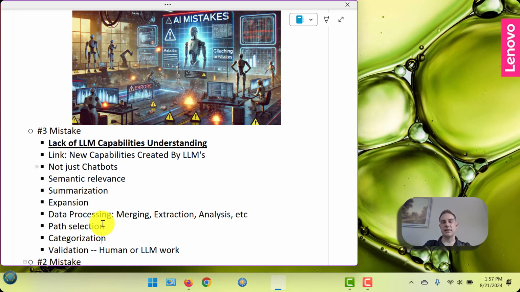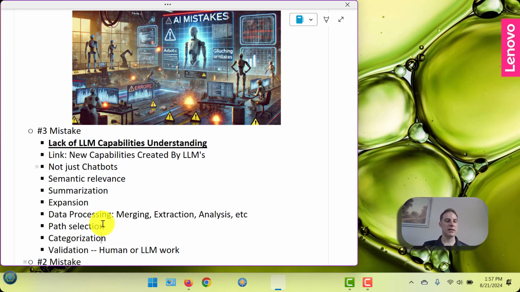There's several other things that LLMs can do, and this is not an exhaustive list. Again, watch the video to get a little bit more details about each individual one. Semantic relevance. You can summarize text, which sounds more trivial than it is, especially when you put it within a system. And when I go to number 1 mistake, it'll expand on what you can really do with this. And then expansion of text or content. So this is not just content generation, but getting more details, digging deeper into something, as opposed to kind of the reverse of summarization.